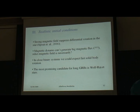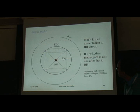So, what can we expect? We can expect a large-scale magnetic field, a closed binary system, and solid body rotation of a star. It means the best candidates for gamma ray bursts are closed binary systems with a Wolf-Rayet star. We know at least 3 systems with enough fast rotation and a Wolf-Rayet star component and a massive star component. We calculate a very simple toy model to estimate the growth of a black hole and